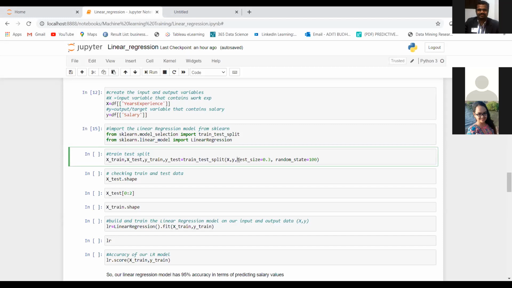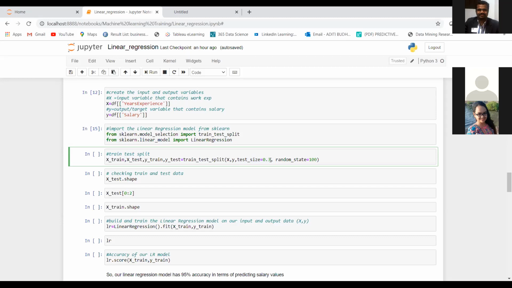And here is the parameter test_size, which is actually the proportion in which you want to make the split. Here I am saying that test size should be 0.3. This means that my test data should be 30% of the total data set that I have. Correct? And you can change this.